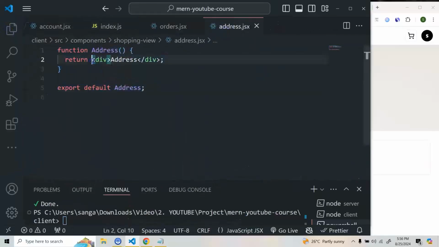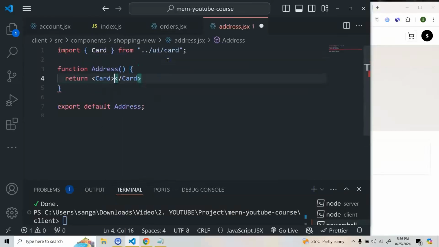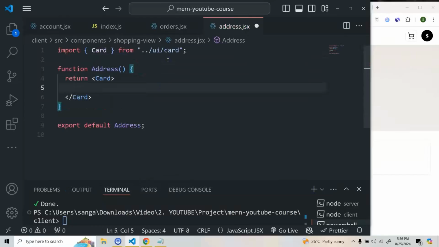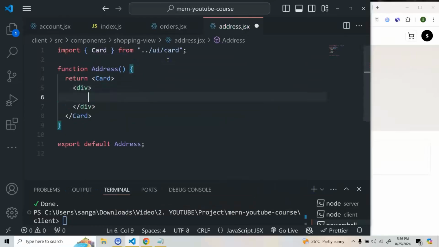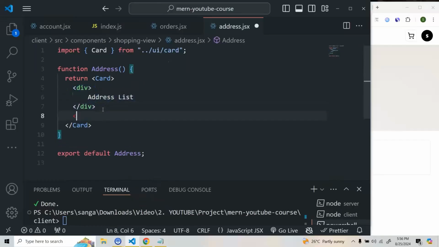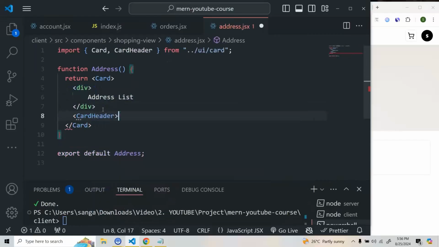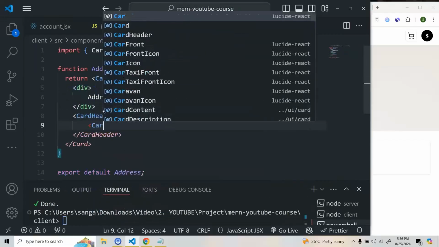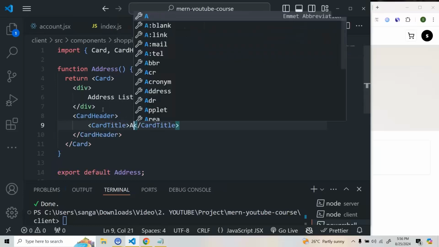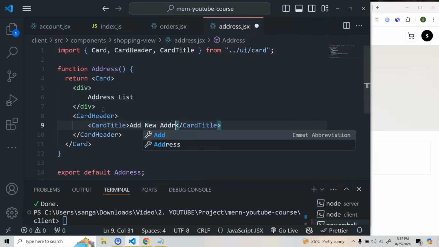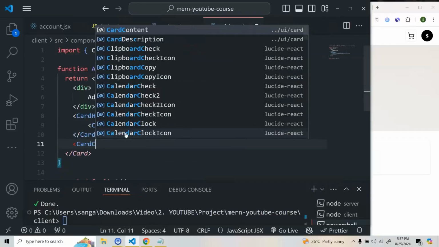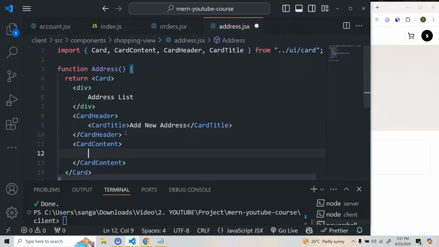and then go to our address page, and here we are going to first create our structure. So here we are going to return a card component, and at this place I'm going to keep a placeholder. So here I'm going to render the address list, okay, and after this we will be having a card header. So here I'm going to render a card title, and I'll do add new address. All right, after this we are going to take a card content,